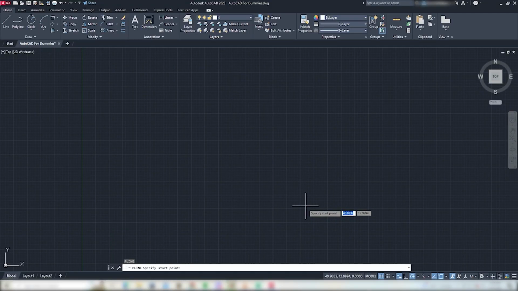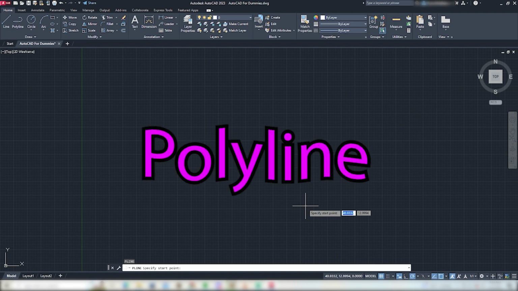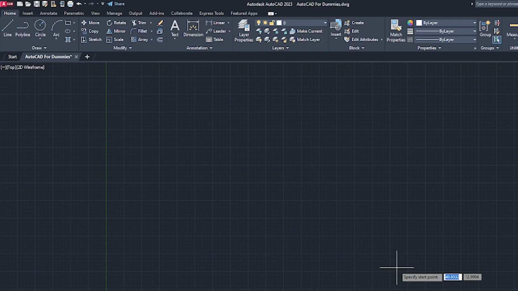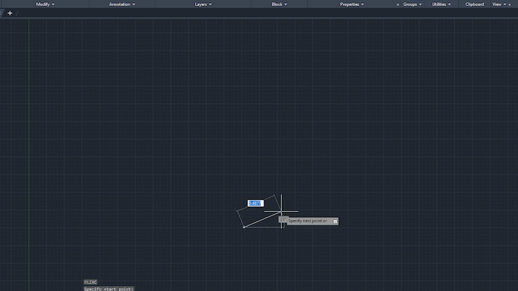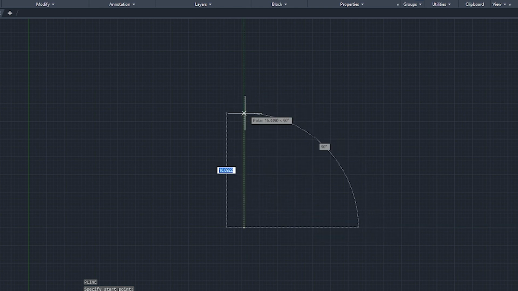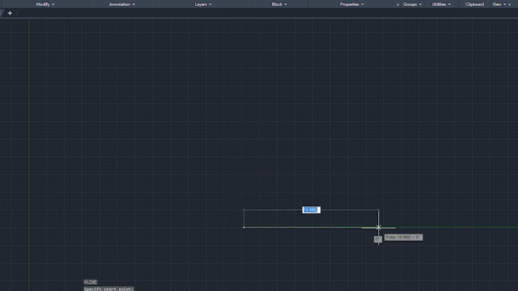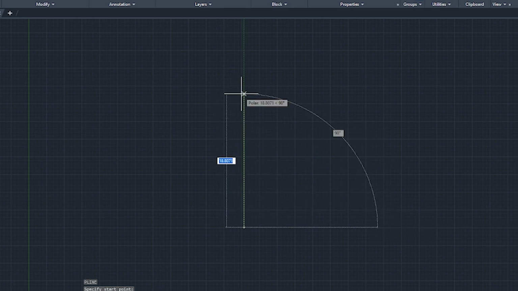So what I'm going to do is the polyline command by typing PL spacebar, or you can go to the home ribbon and then in the drawings panel, you can hit polyline. So once I left click anywhere in space, you're going to start seeing these green guided lines. As I move my mouse across that green line, it'll keep me on that certain degree. So for this case, it'd be 0, and up here it would be 90. So you see, it's only giving me green lines for those 2 degrees.